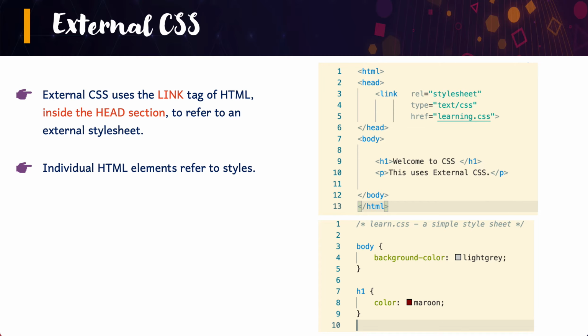The difference is really only in how we are maintaining the styles. In the previous mechanism, we were copy pasting the styles within the HTML head section. Now we are actually referring to a different file. Individual elements can continue to refer to the styles. There is no duplication here because all we are doing is referring to the CSS file